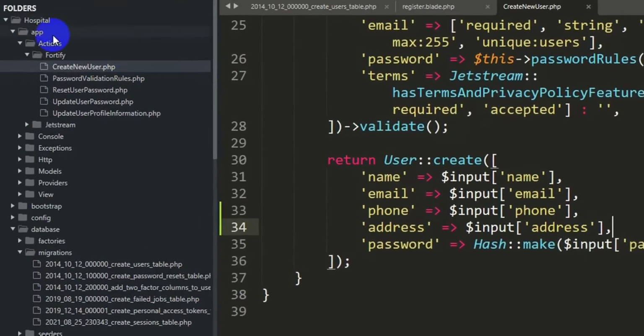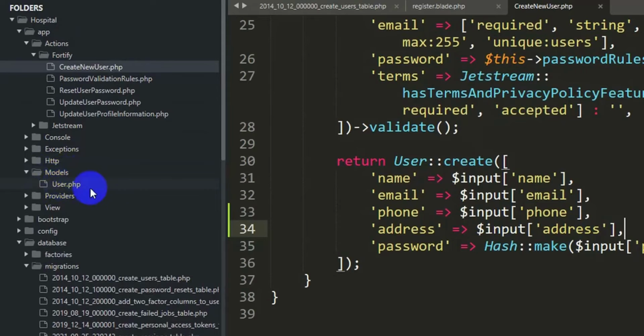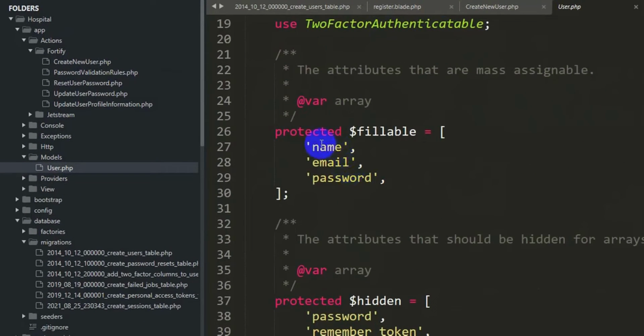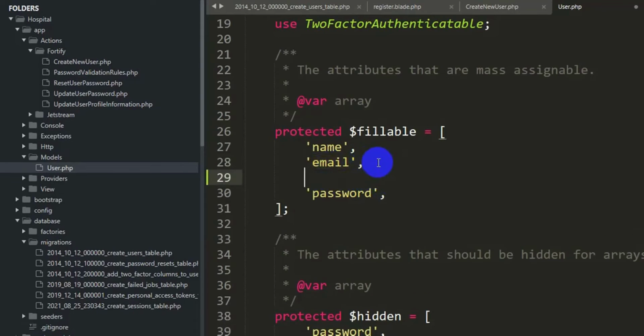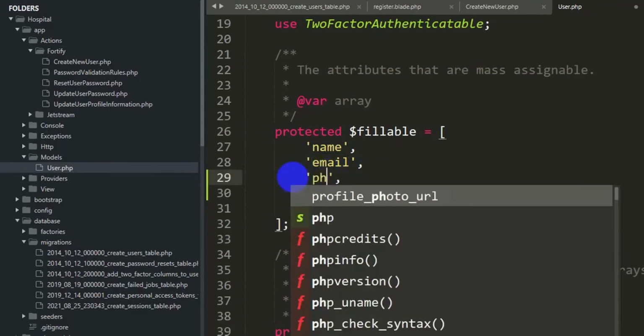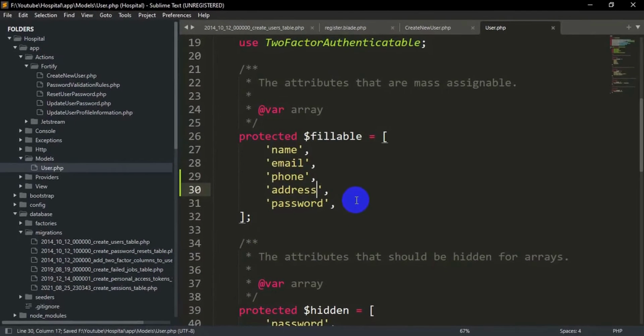Now we need to go inside app, then Models. Here you can see Models, and inside Models we have User.php. So we only have name, email, and password fields over here. So we will add phone and address fields here as well. If you don't give it, it will create some problems. So Control V. So we'll say here phone and address, and let's save it now, Control S,